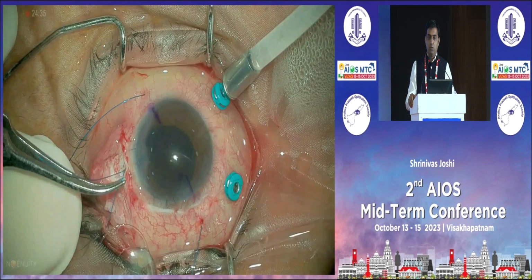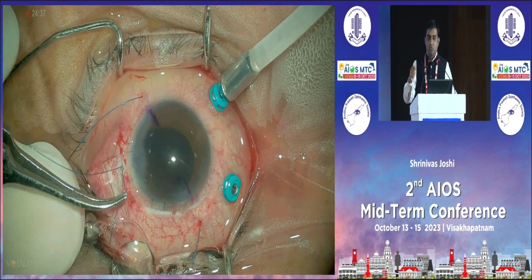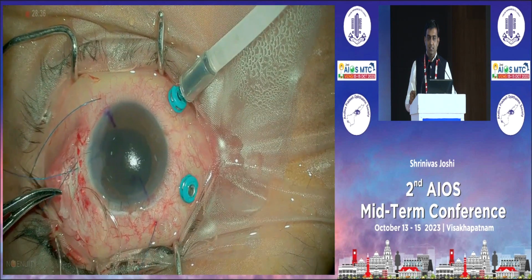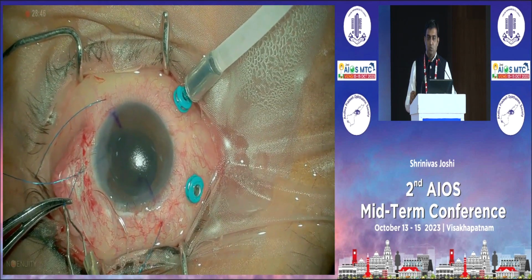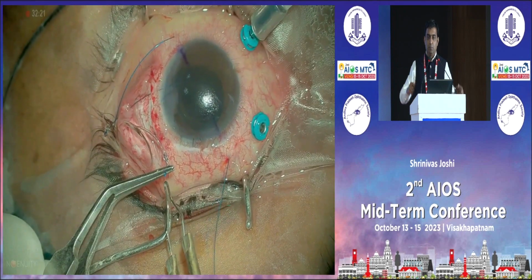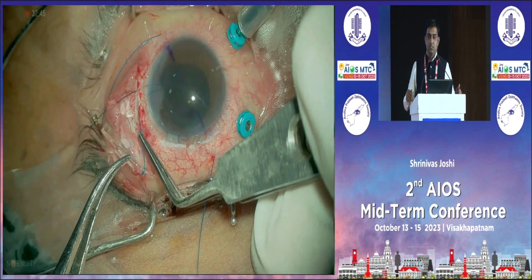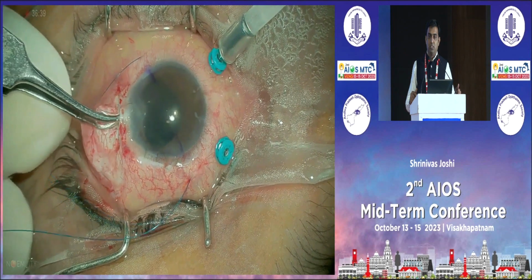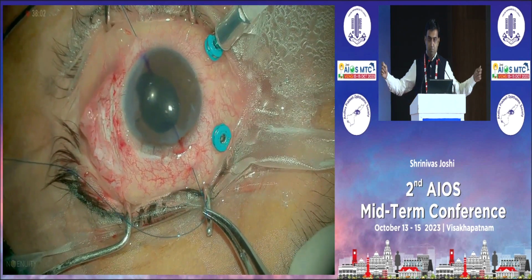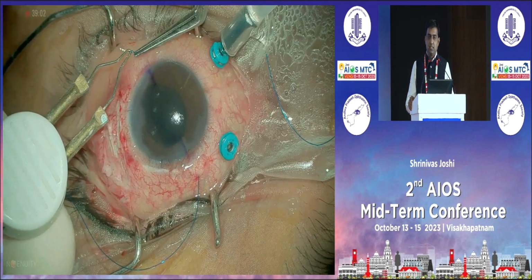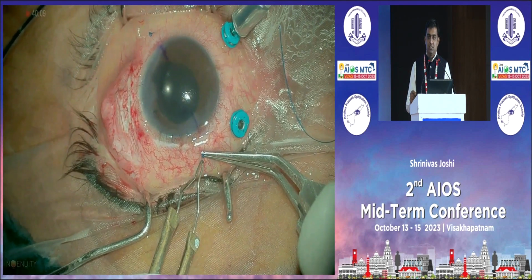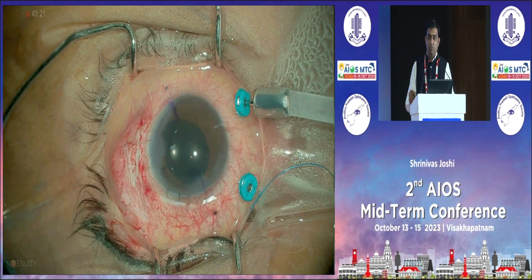Once we bring out this 6-O-Prolene, just pass it through the eyelet of the SFIOL, as you're seeing here, and then slowly flange it. Once we flange it, make sure you pull it and check it. Otherwise, sometimes if the bulb is too small, after putting it into the vitreous cavity, it might give way. So after flanging on both sides, just introduce it, stretch it on both ends, cut it, and then flange it.